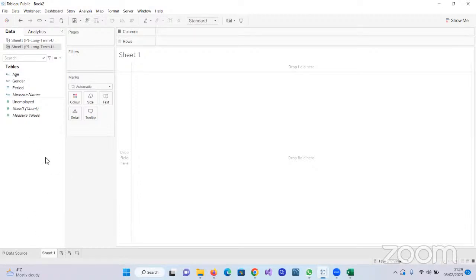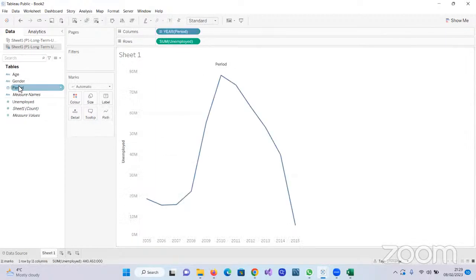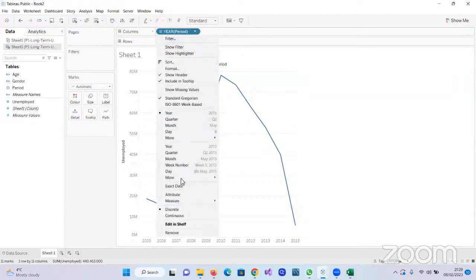Anyway, we have enough time for this. So if you are here, you double click on unemployed, you will get this. And please double click on period. Although this has given us a very nice time series chart over the years, I said that Tableau has two types of